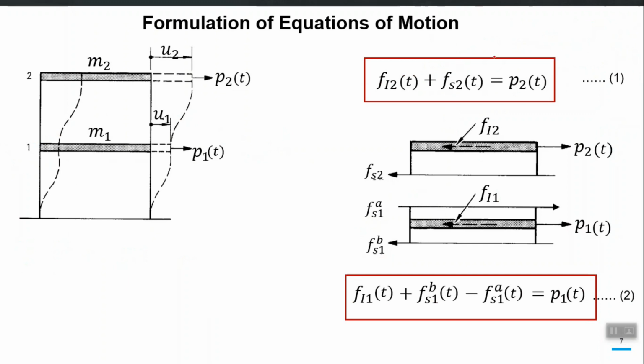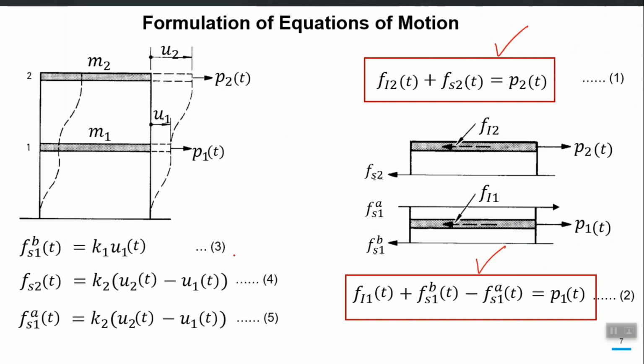So this is equation 1, everyone is clear about that. This is equation 2, is it clear? Yes. Now let us put the values also. Let us first work out the Fs1b, the elastic restoring force offered by the bottom story columns. These columns are displaced by a deformation equal to u1. So if we multiply k1 with u1, this should be the elastic restoring force